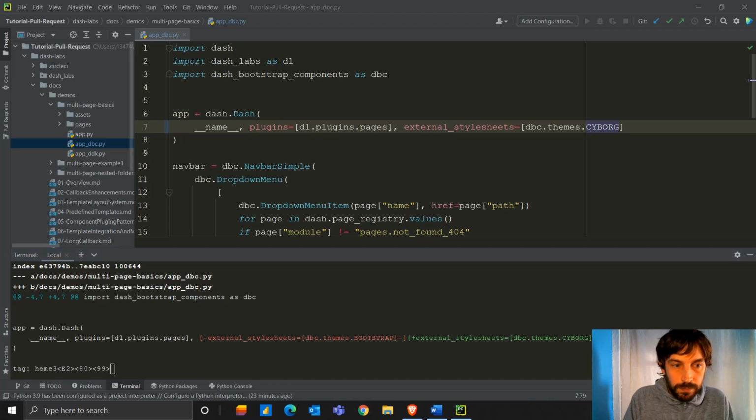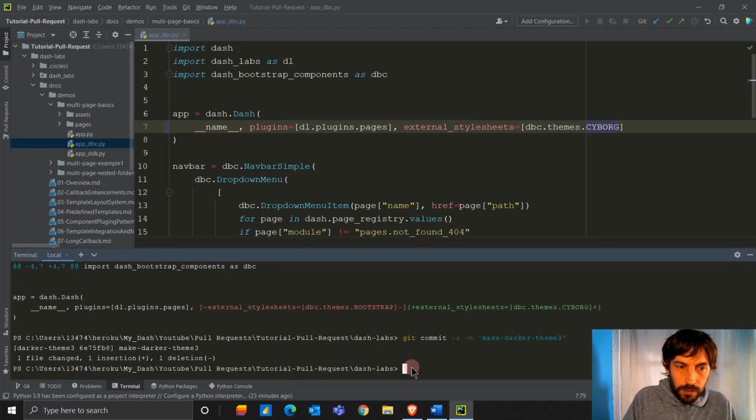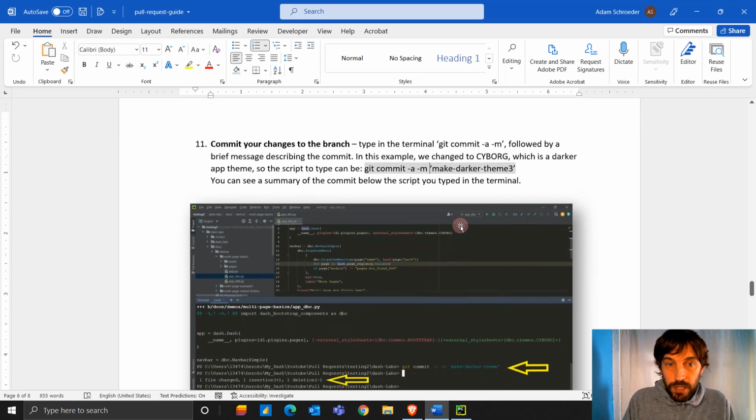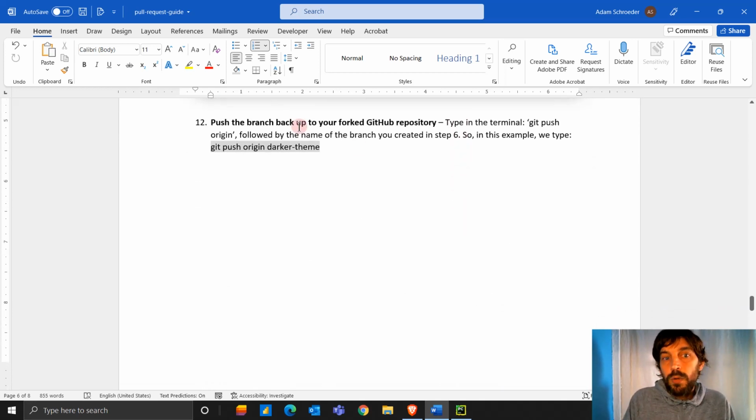One second. Okay, let's try this again. Darker theme. Perfect. And now you see that it will say 1 file changed, which is the app file, 1 insertion, and 1 deletion. We took out Bootstrap and put Cyborg. Perfect. So now that we committed our changes with the summary comment, you want to push the branch back up